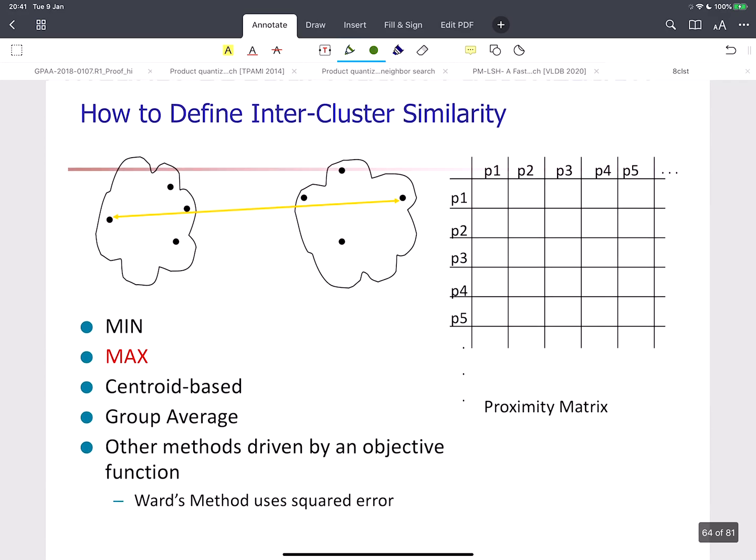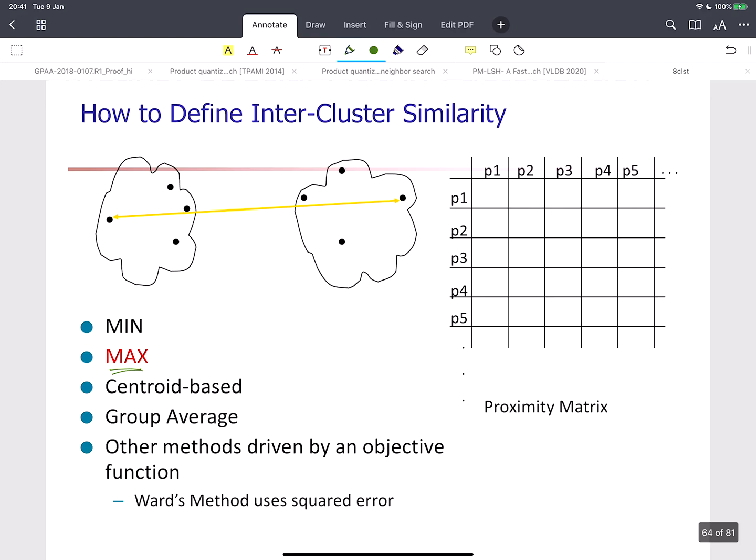The max is actually a conservative one. It looks at the two most different pairs formed from these two clusters, and uses that as the similarity. It's conservative in the sense that if the max distance between the two clusters is still small, let's say 0.7, it means if you randomly sample any 2 points, their similarity is going to be at least 0.7, because 0.7 is the similarity of the two most different objects from the two clusters respectively, right? And